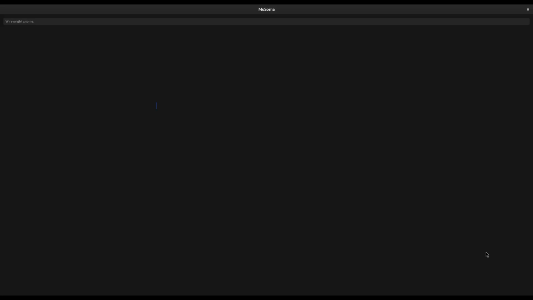So let's take a look at two of the most basic components in µsoma. We'll talk about buttons and we'll talk about log. These are the two most basic components that you can use to play with µsoma. Obviously we have hints here, so by pressing open paren, you get this list of all